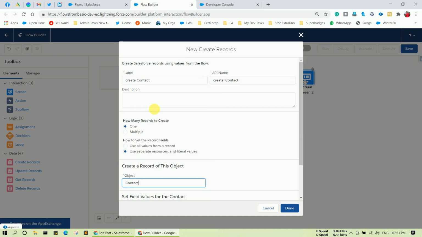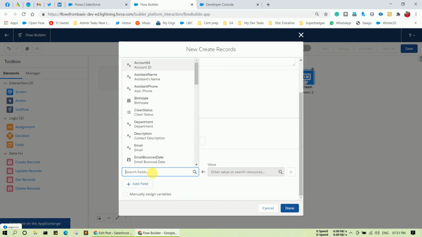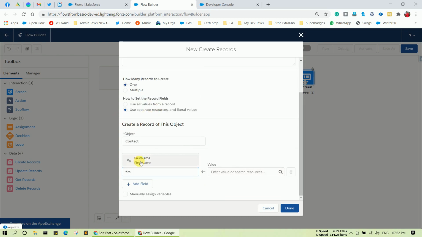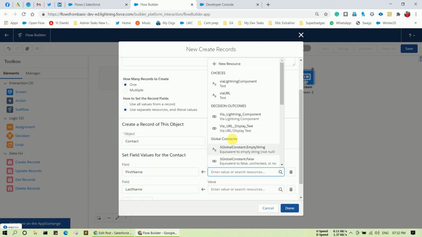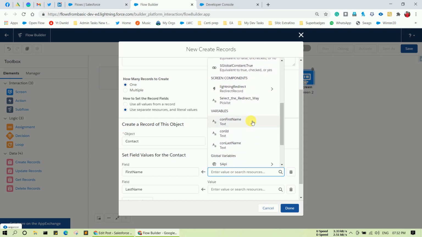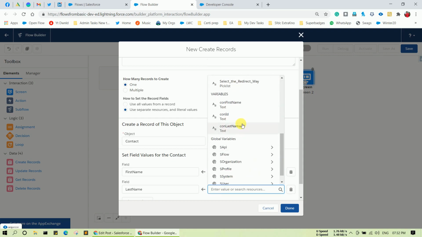So here I use Contact as the object. In the first name I am going to use the first name, and add a field as last name. So in the first name I am going to use conFirstName, and in last name I am going to use conLastName.